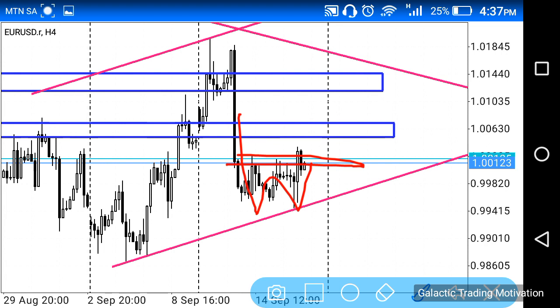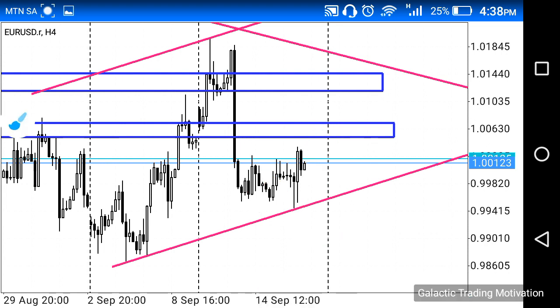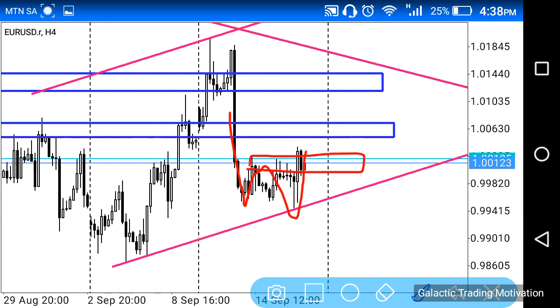What I would love to see actually happen is for price to push further up and to come back to retest the neckline, right? And at this point, we might potentially look for buying decisions, right? As I said, if price comes back to this level, we might potentially look for buying opportunities at this point,